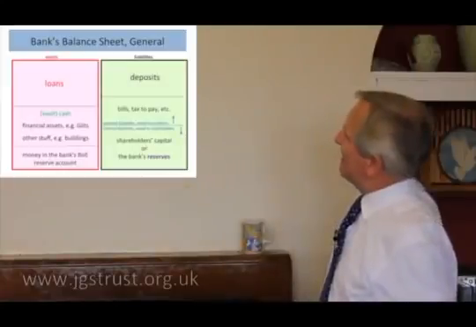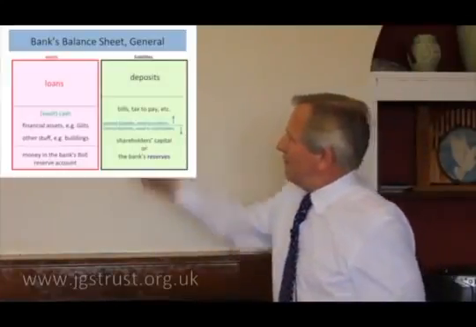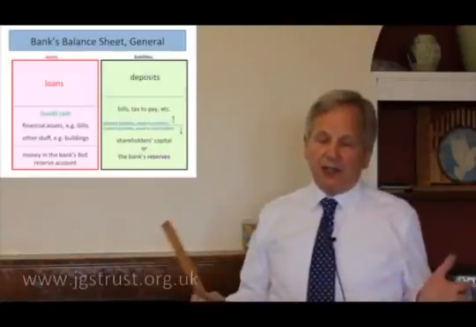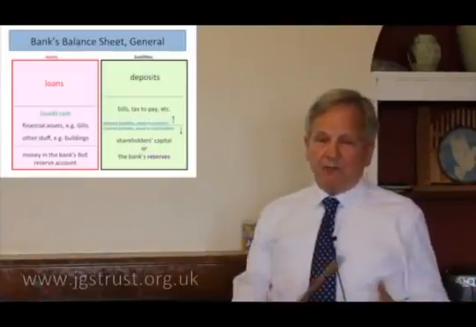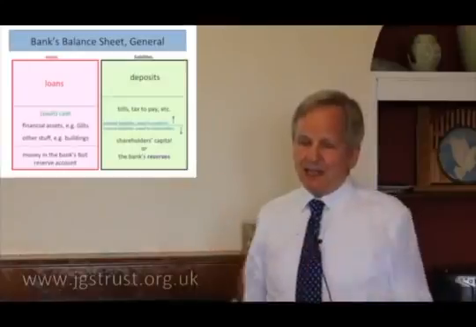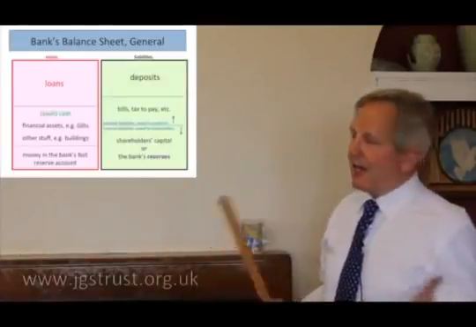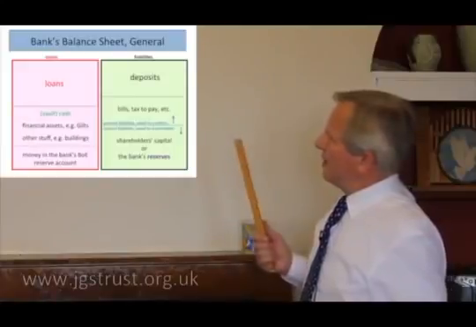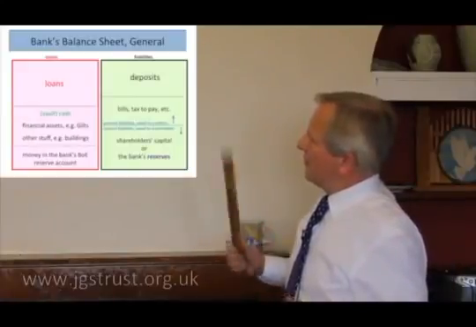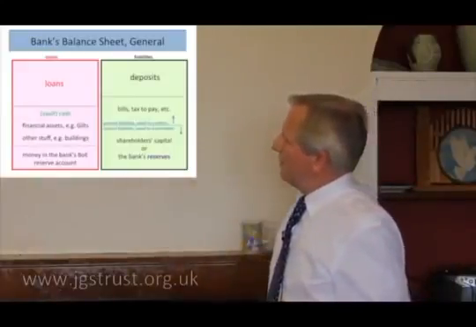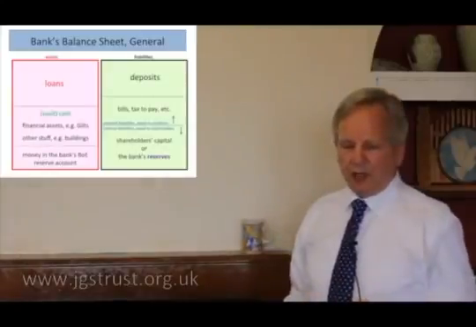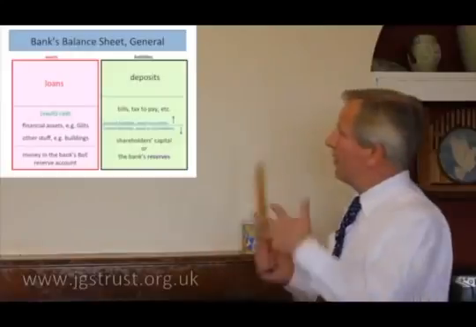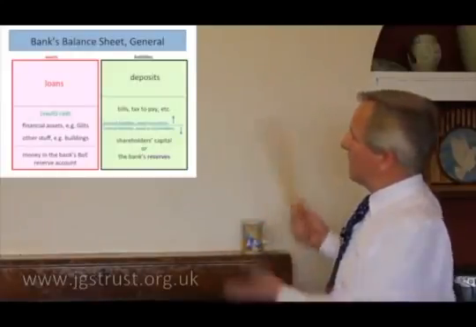Another asset to the bank is physical cash called vault cash. The bank does actually keep some notes and coins in its safe, in its vault, and that is an asset to the bank. So we notice the difference between electronic money and physical money here, that whoever actually has ownership of physical cash, that's an asset to that entity, be it the bank or people outside the bank.